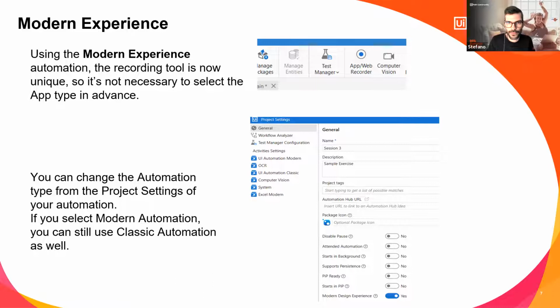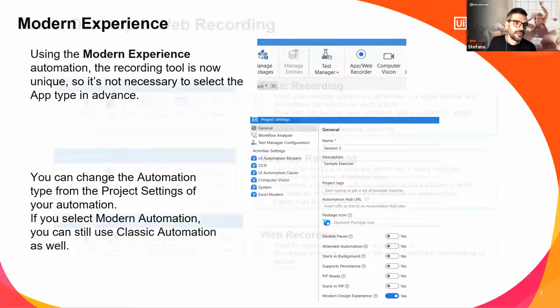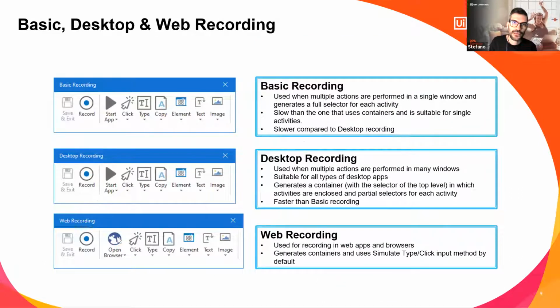I will say that we are using the modern design experience right now in these examples, but you can do almost the same with classic design. There are just a few changes syntactically and in button names and activity names, but it's almost the same automation behavior. So in the classic design, it was necessary to select the recording type. In the modern design, when you select start recording, it will automatically choose the recording type for you. But we will just quickly